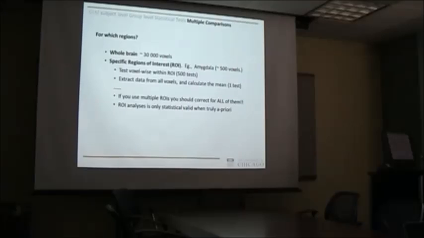So suppose, to keep with this example, you run this experiment with faces and houses and you end up with a bunch of regions that show stronger activation for faces versus houses, like say the amygdala, some other frontal region. If you say, okay, now I'm going to focus on these, say we find 5 clusters from this whole brain analysis, and you then focus within these regions on whether there's a difference between, say, your patient group and the control group, that would be fine in a